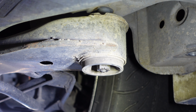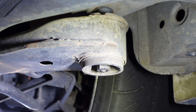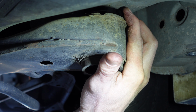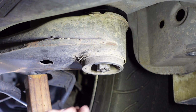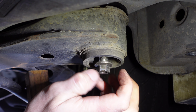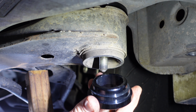Now moving on to the front ones, I've got the collar ready. And that'll just sit nicely now. Should be able to slide that in. Easy as. You may need to bring in the jack just to lift up the subframe a bit, like I have had to do. Simply just to take a little bit of pressure off so I can get that nut off. So now I can get that nut off. We can now grab the new bottom collar,